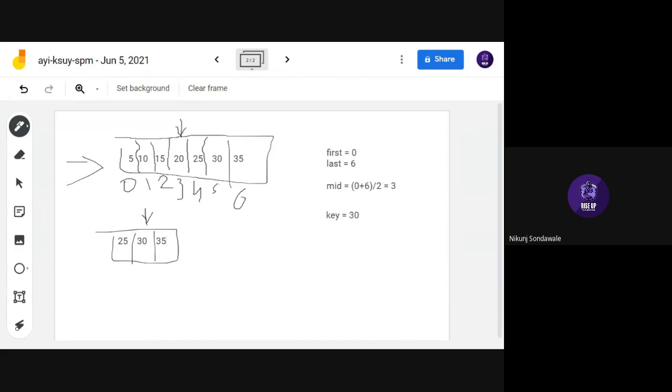So here we have declared an array, and now we need to give a key to it. Let's say again we have to find 30. Key equal to 30.